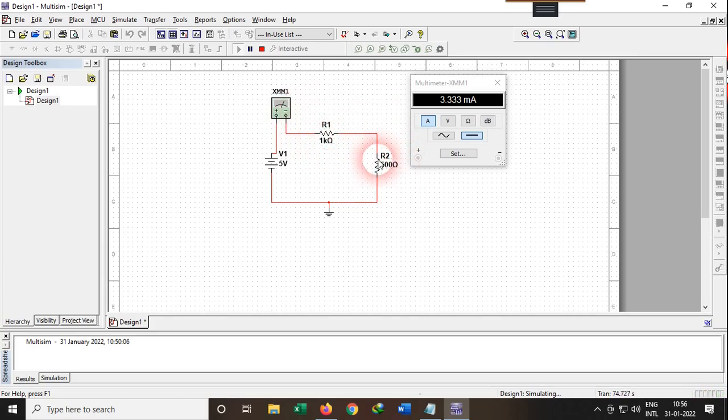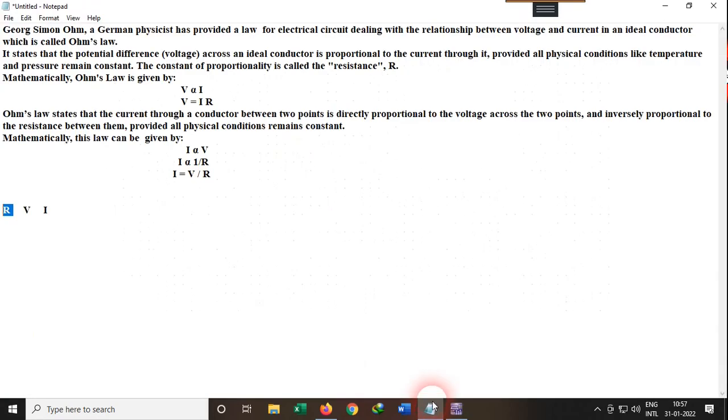Since we have used two resistances, R equivalent would be my R. Here 1 kilo ohm and 500 ohm are in series, so my R equivalent is 1.5 kilo ohm. So don't change the value of R. The value of V would be changed every time. So under the value of V, just write here 0 volt.